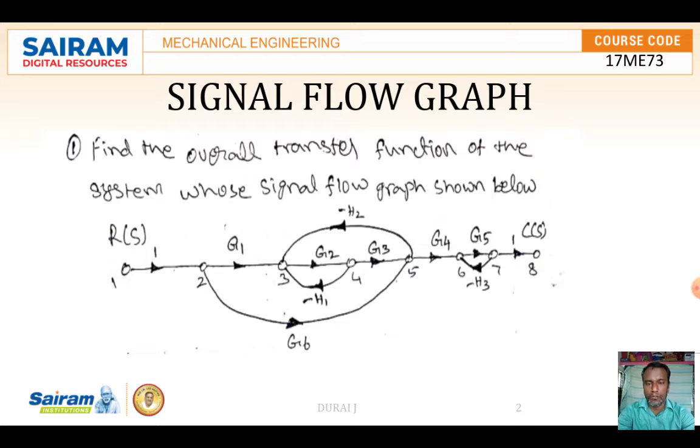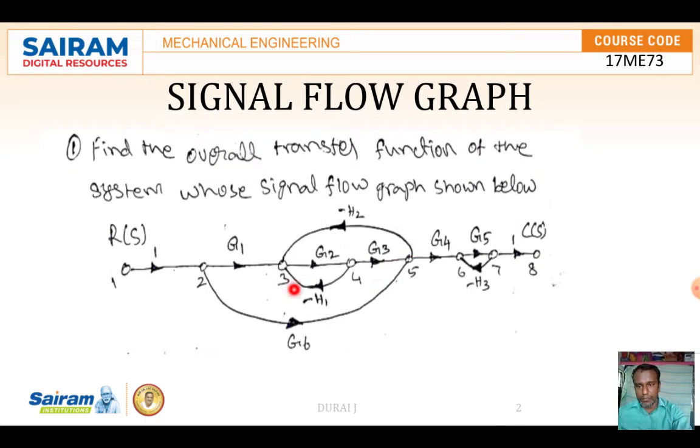The signal flow graph was invented by S.J. Mason. He gave a formula for the signal flow graph: T is equal to 1 by del into sigma k into P1 del 1 plus P2 del 2. Like this, the formula he has given. With the use of that, we are going to find the transfer function or overall gain with the help of this signal flow graph. Here they have given the problem like this: find the overall transfer function of the system